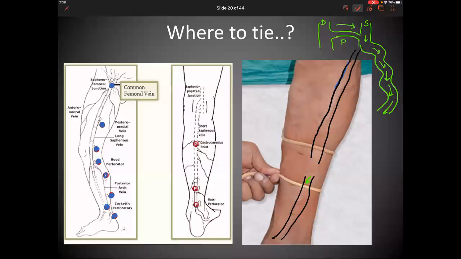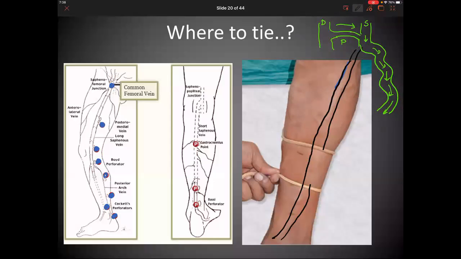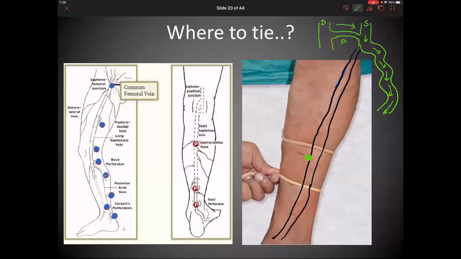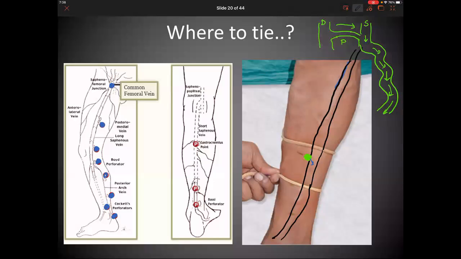In this picture, what is important is the black line shows you the trunk of the great saphenous vein. The yellow dot tells you that there is an incompetent perforator. Now, what is the route to remember? The only thing to remember is the direction of the arrow. So if there is an incompetent perforator, the main point to understand is only one: the blood is traveling in the opposite direction and that segment is filled up. So please take a few minutes to understand this test.